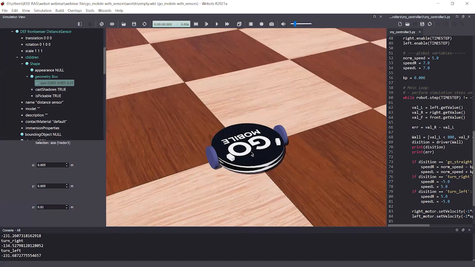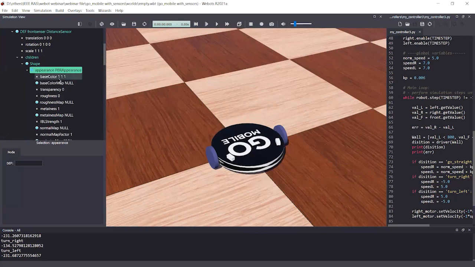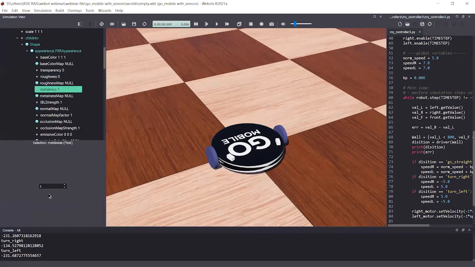Now you can't see the sensor because it is inside the chassis. Let's add the appearance as well. I'm going to add PBR appearance, and under PBR appearance, white color is fine with me. Roughness is fine, and I want a non-metal sensor, so I'm going to change the metalness to 0. Now we have a non-metal sensor.